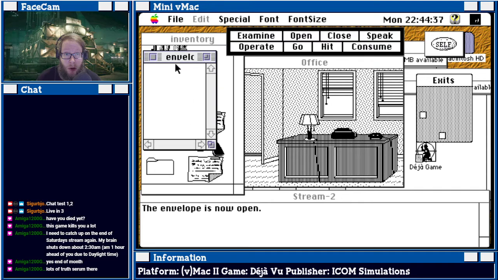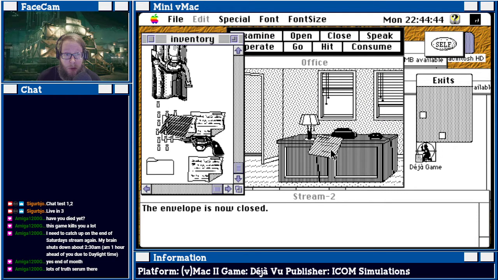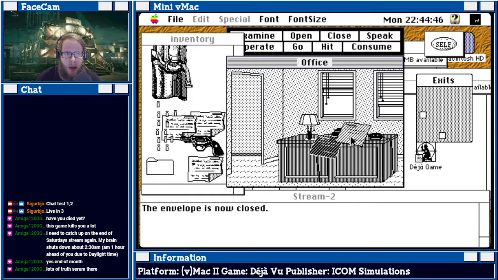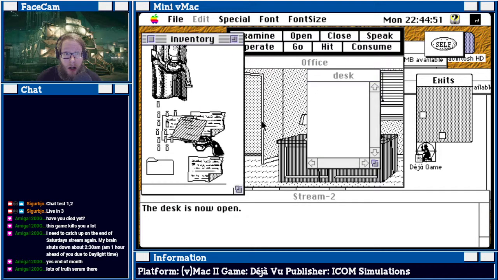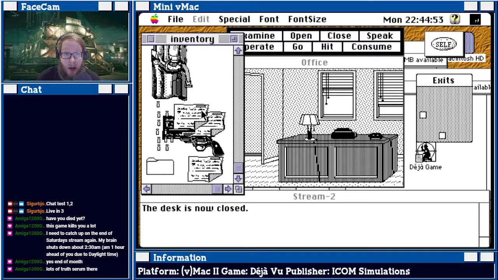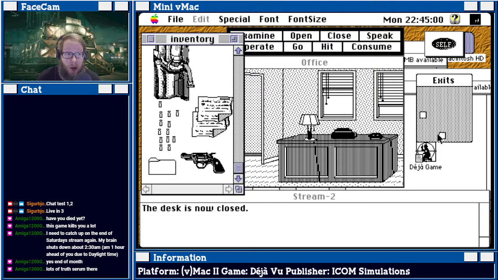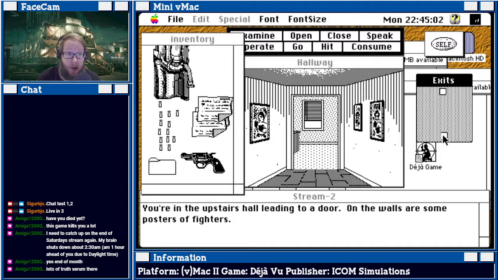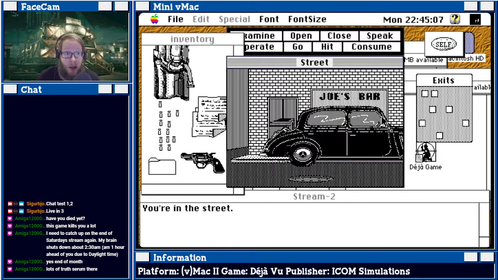Open up this envelope here. We can't fit these files in the envelope. I was hoping we could perhaps organize them a little bit, but never mind. Okay. We don't really know what to do with these checks at this point, but we have them in any case. Let's save the game, head back outside, go to the trunk,